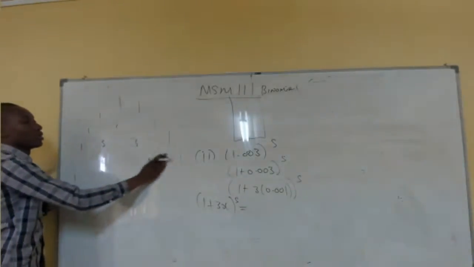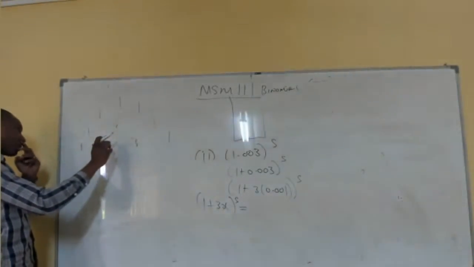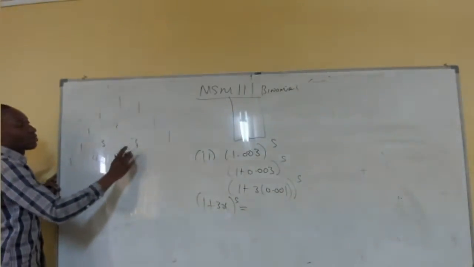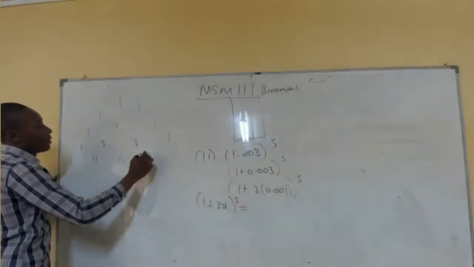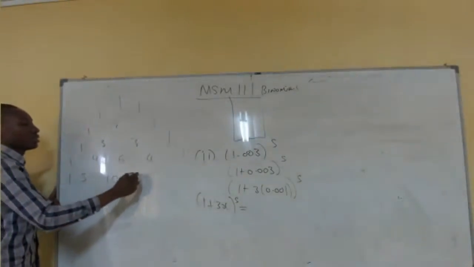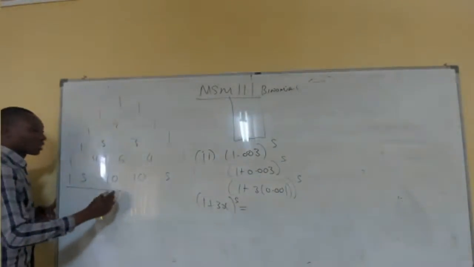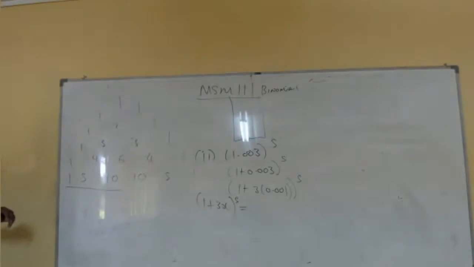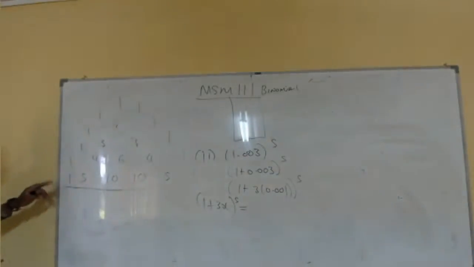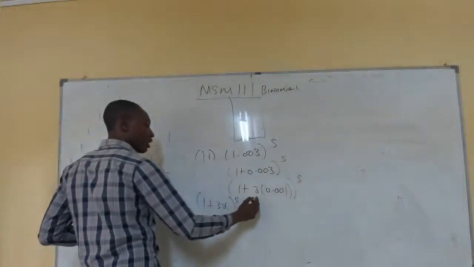Okay, so 1, 2, 1; 1, 3, 3, 1; then 1, 4, 6, 4, 1; then 1, 5, 10, 10, 5, 1. So this is what I'm looking for. I'm looking for the expansion for the first 4 terms, and these are the coefficients. So we have 1 to the power 5 plus